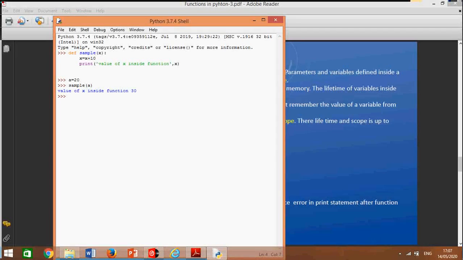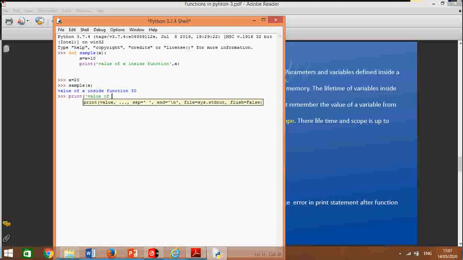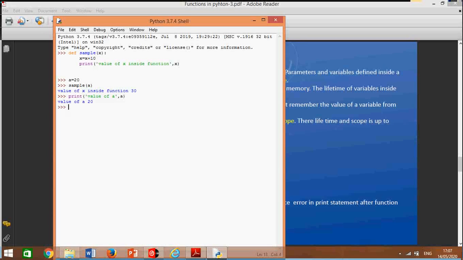It will display the answer 30. Now I want to check the global variable. Print value of a. It is 20, it is not modified. So I am not able to use that global variable a equal to 20.